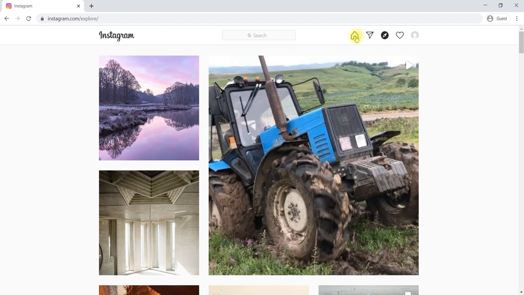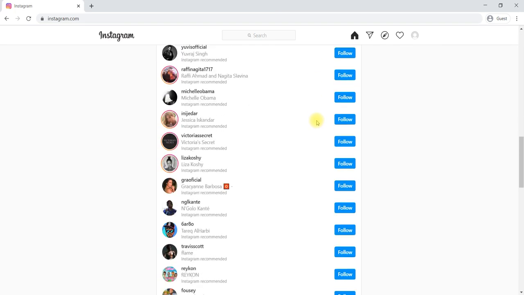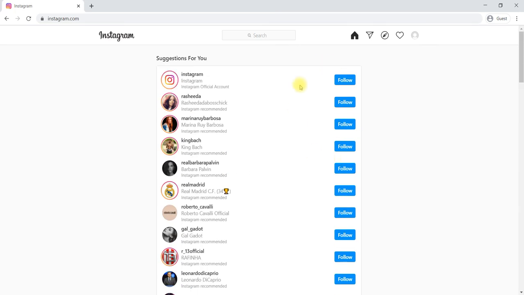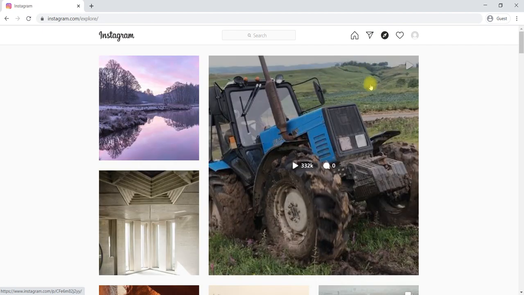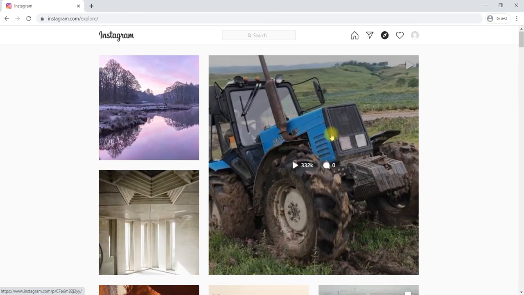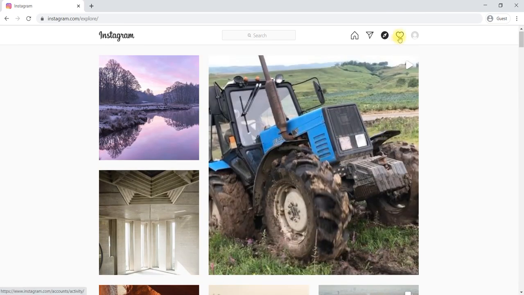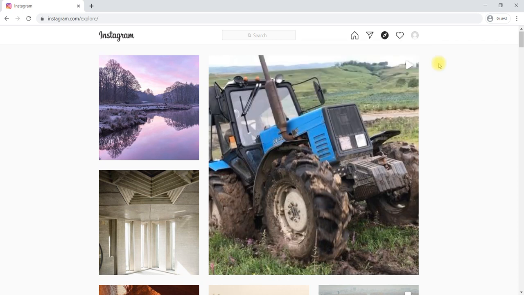And you can follow people here itself. You can search and follow the people whom you would like to follow for your business account using this home option. You can communicate with your contacts using the message option, and you can check anything your contacts have shared or the general content. And here you can check whether anyone requested to join or is following your Instagram account.